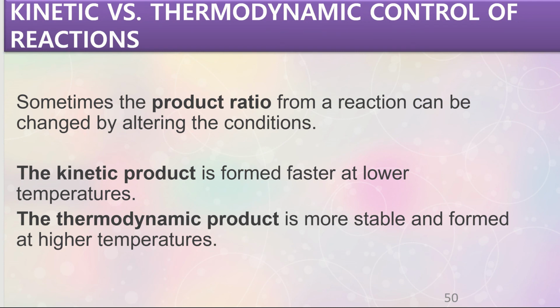Sometimes the product ratio from a reaction can be changed by altering the conditions, right? So the two important terms here are the kinetic product and the thermodynamic product. The kinetic product is formed faster at lower temperatures, while the thermodynamic product is more stable and formed at